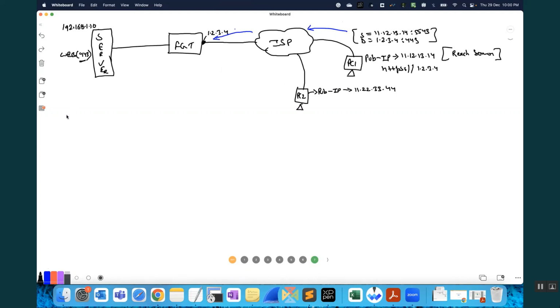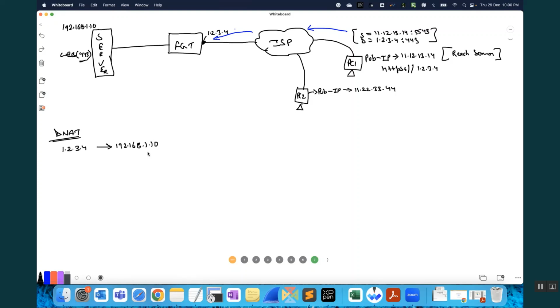On the FortiGate firewall, you have configured a DNAT saying that if the destination is 1.2.3.4, translate this IP to 192.168.1.10. Correct?